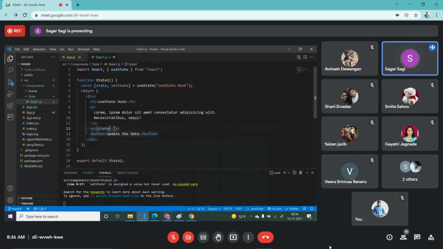Yeah, now done, we have done. Now my requirement is I just want to change the value of this state. By default it is a useState hook. I just want to change it. So when we want to change, whenever I click on this particular button, so same way, just write here one onClick event.